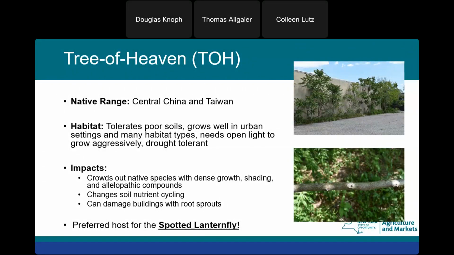It shades out other plants and stops forest regeneration due to the shade. It also has allelopathic compounds which prohibit other seeds from germinating in the soil. It changes soil nutrient cycling. It can also damage buildings with its roots, as well as sidewalks. Next page.